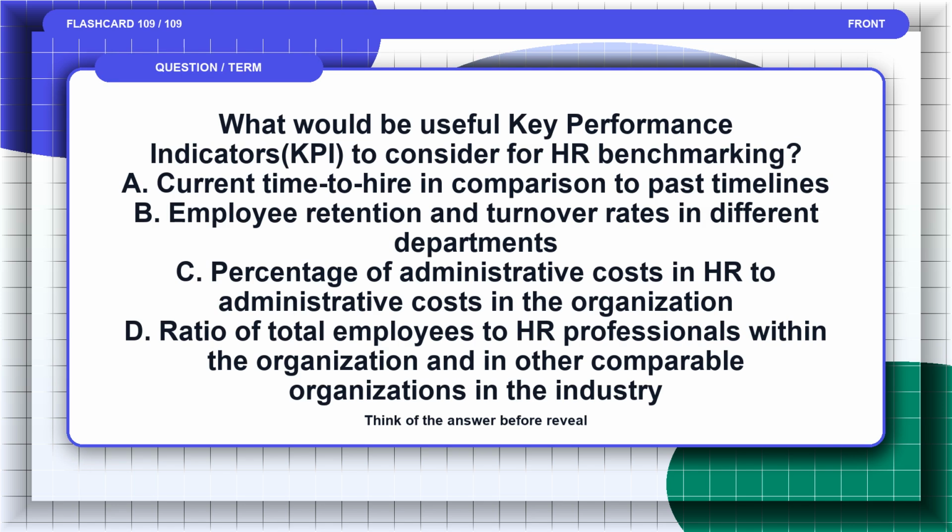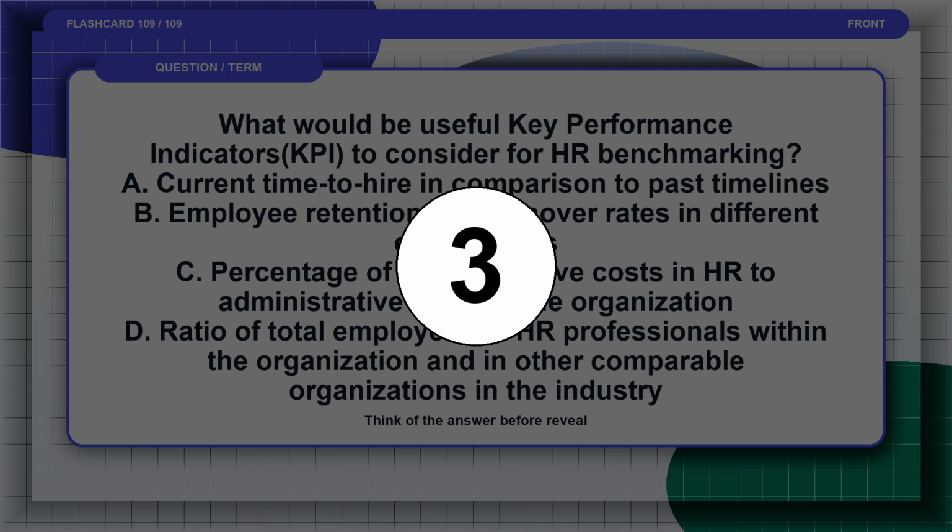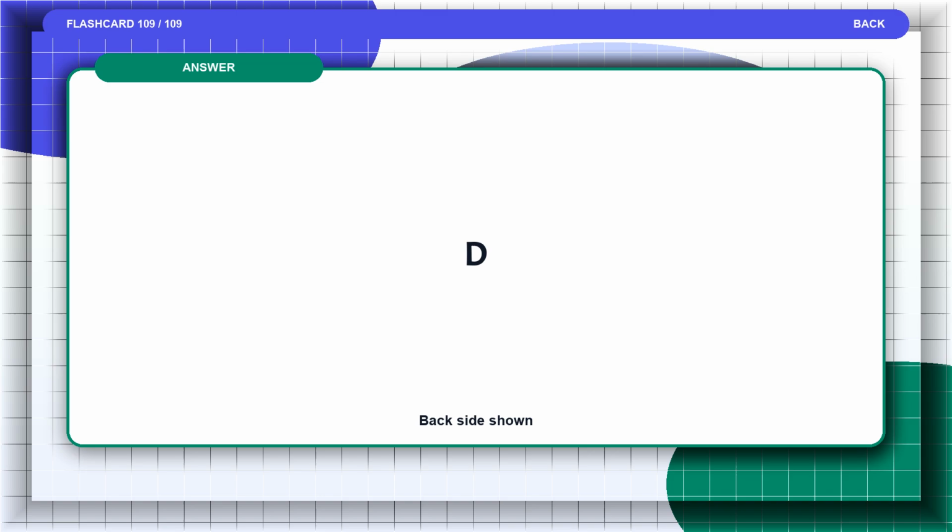Flashcard 109. What would be useful key performance indicators, or KPIs, to consider for HR benchmarking? A. Current time to hire in comparison to past timelines. B. Employee retention and turnover rates in different departments. C. Percentage of administrative costs in HR to administrative costs in the organization. D. Ratio of total employees to HR professionals within the organization and in other comparable organizations in the industry. Pause and think of the answer before the reveal. The answer is